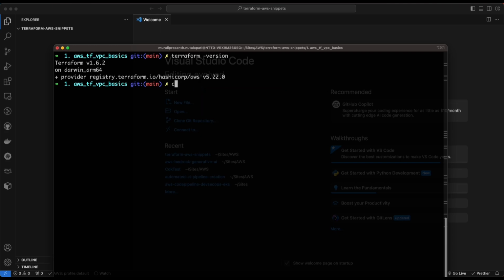Sorry, you can type cat .aws/credentials. In this file you should be able to see your profile and also your access key and secret key. If you have already installed, then you can use these AWS credentials to build your infrastructure. For those who haven't created this AWS configure yet, I'm going to show you the way